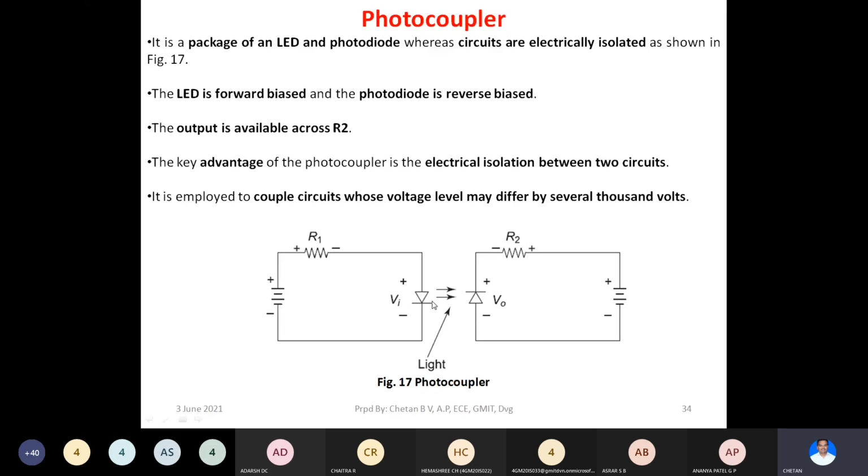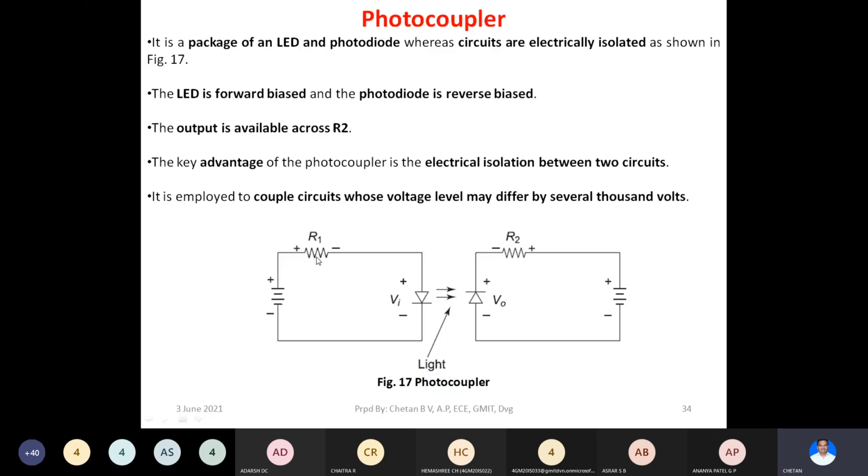This LED, usually this is a PN junction diode, which is forward biased. This will operate based on the applied voltage here. This voltage source is basically to make this diode operate in forward bias condition. Apart from that, you can also connect a load here.